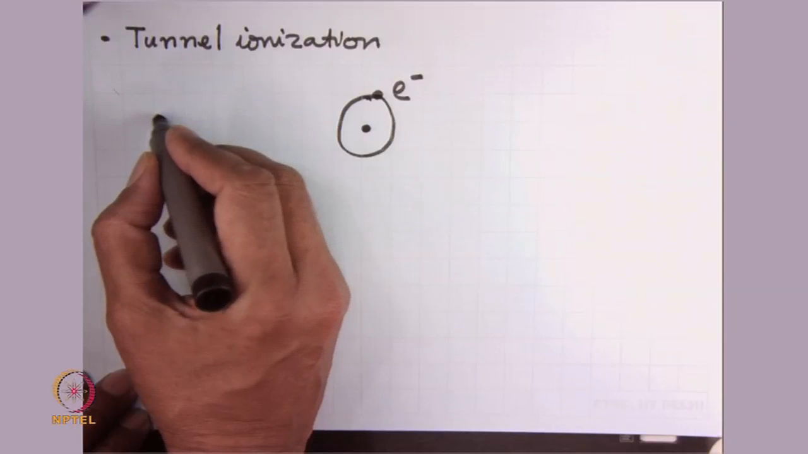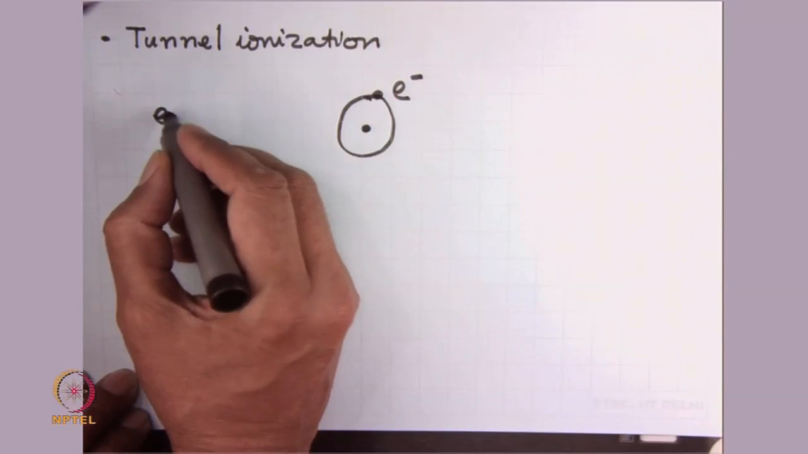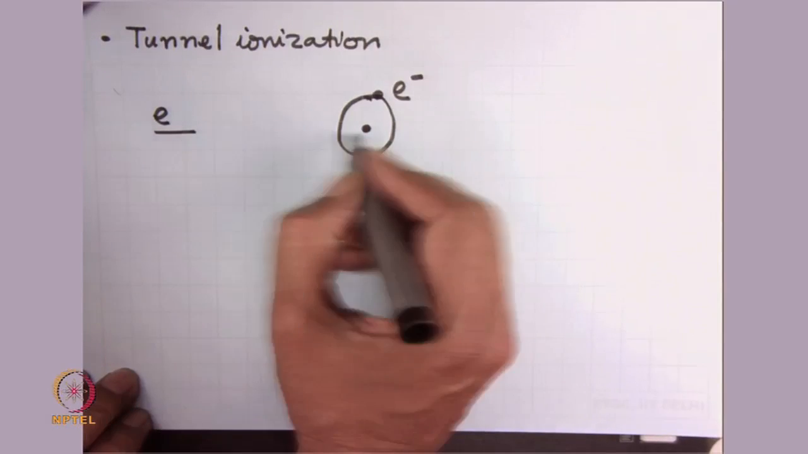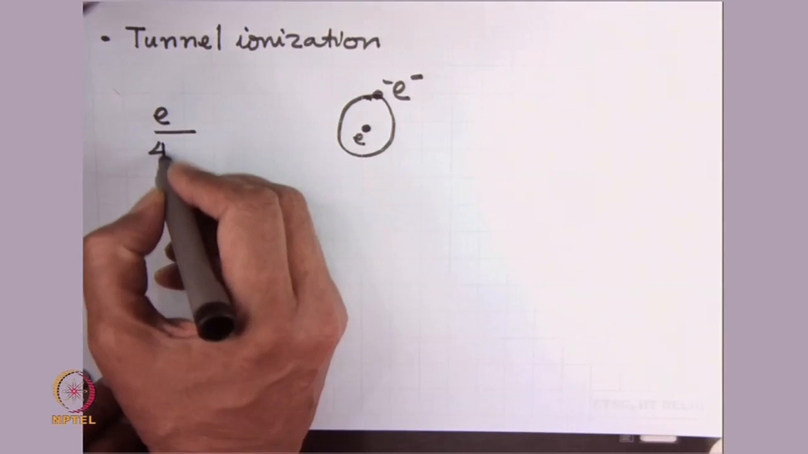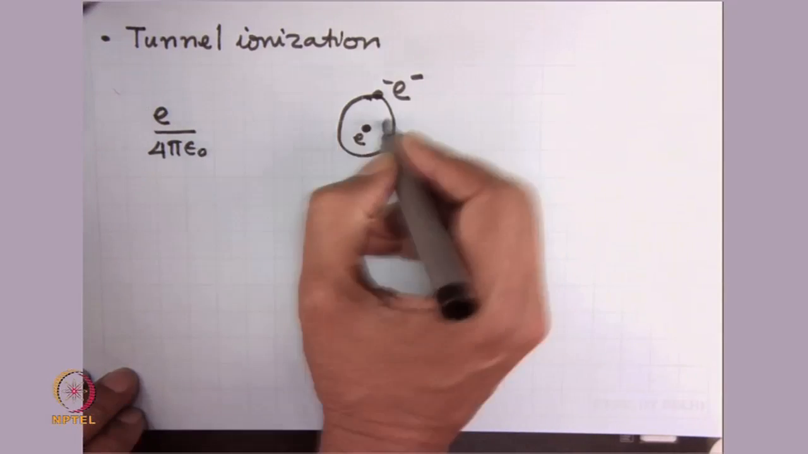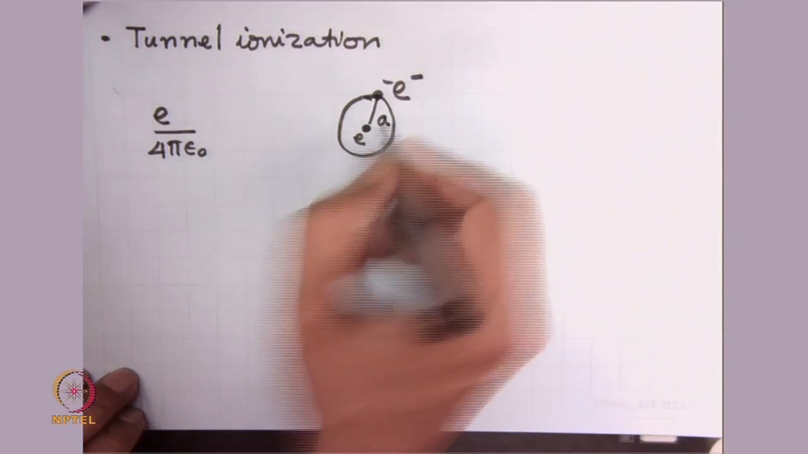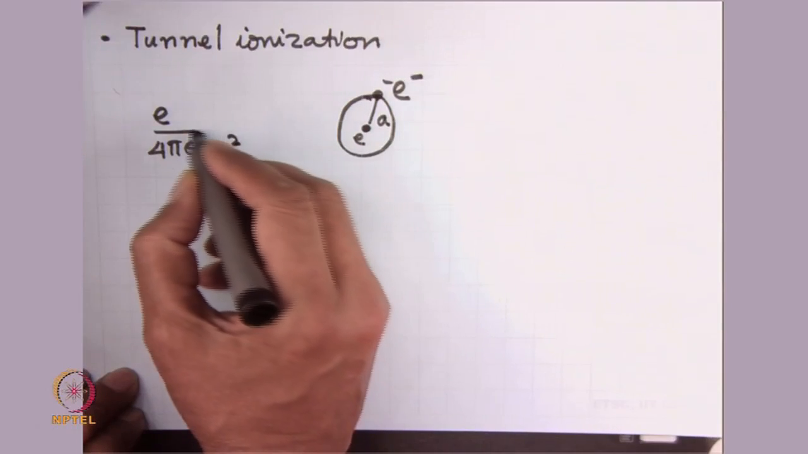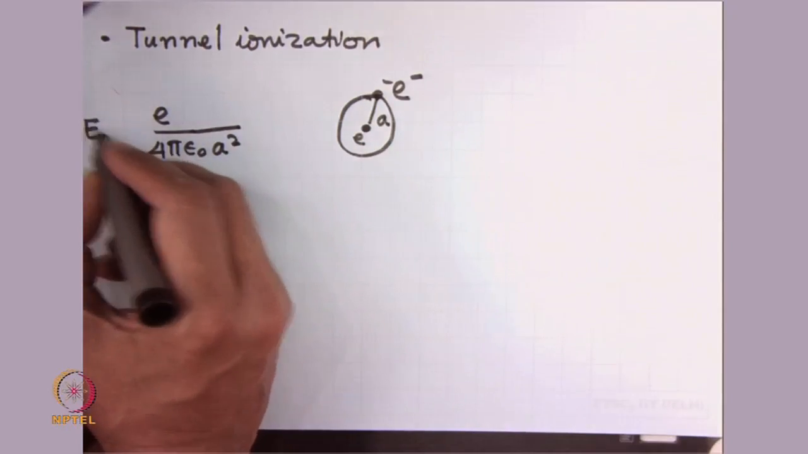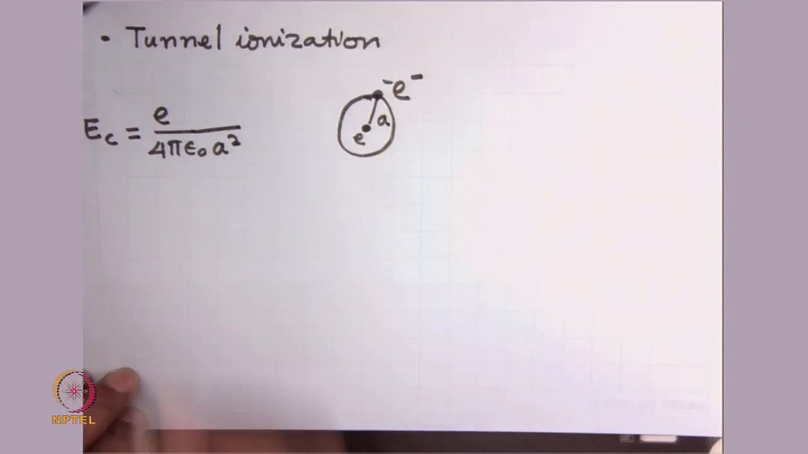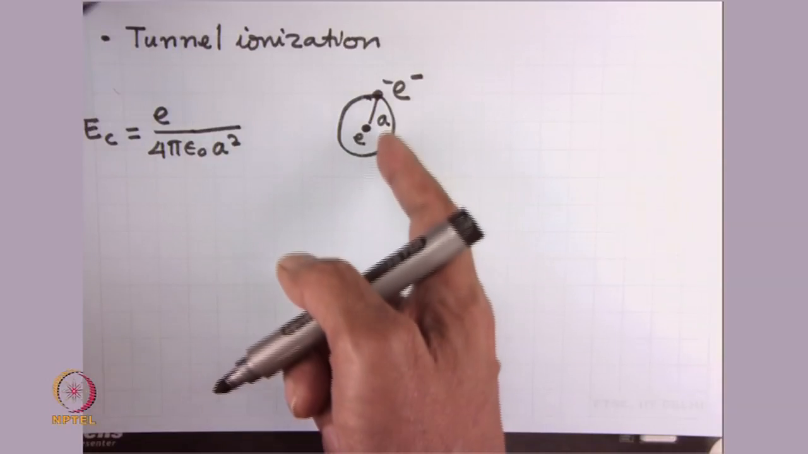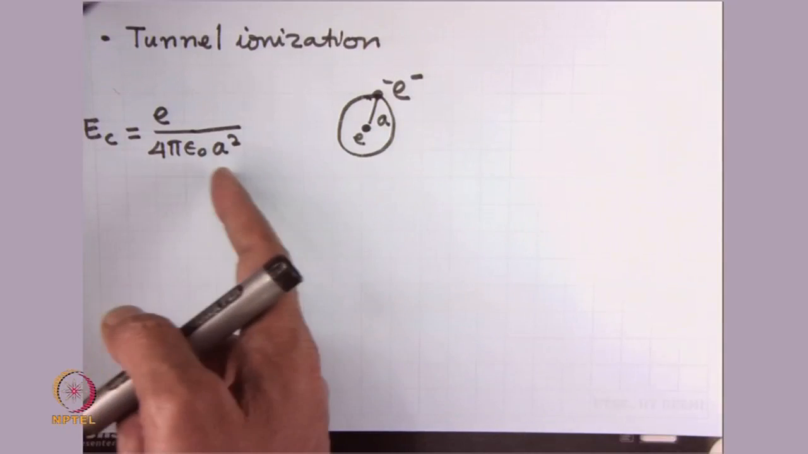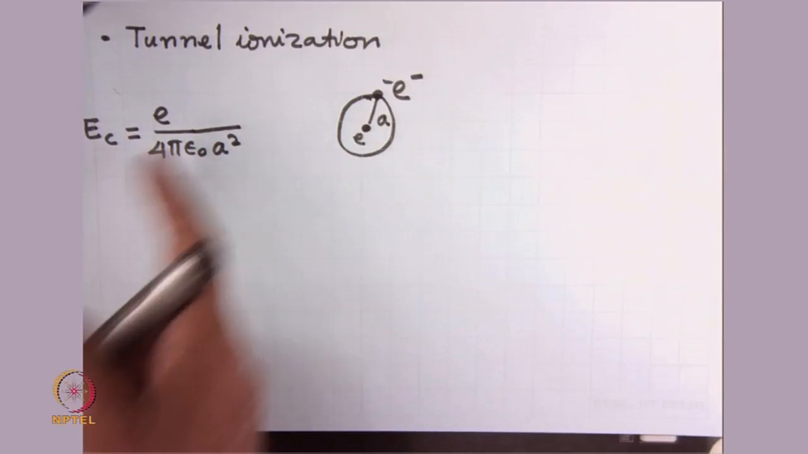which is equal to, if the charge of the nucleus is plus e and the electron is minus e, then e upon 4 pi epsilon 0 A squared, where A is the distance from the nucleus to the electron. This is called the Coulomb field. So, when an electron revolves around the nucleus at a radius A, it experiences an electric field of this order